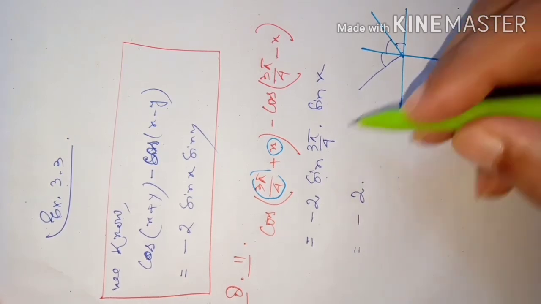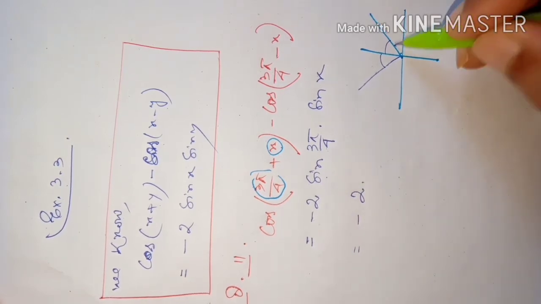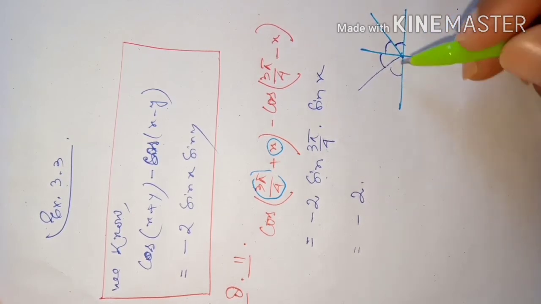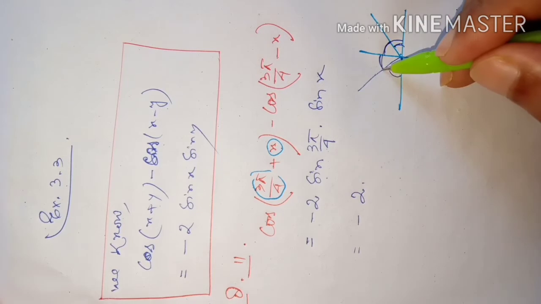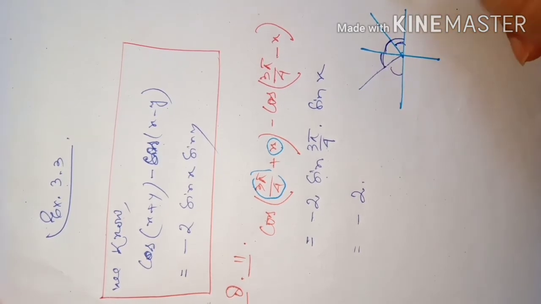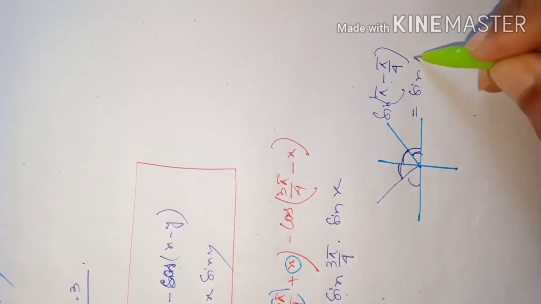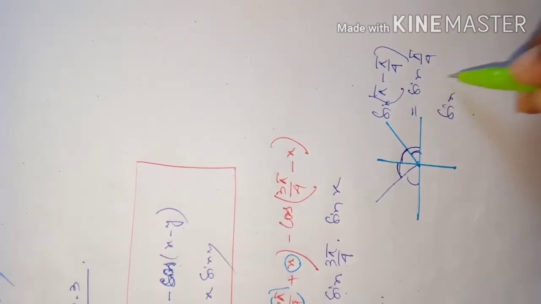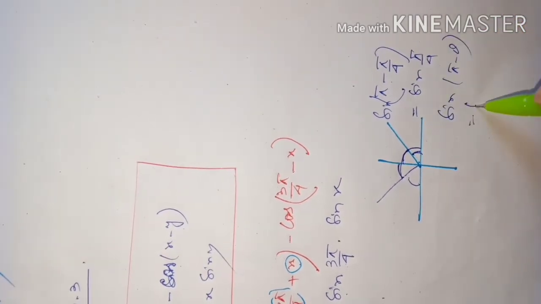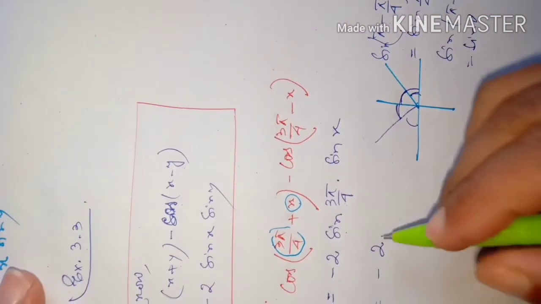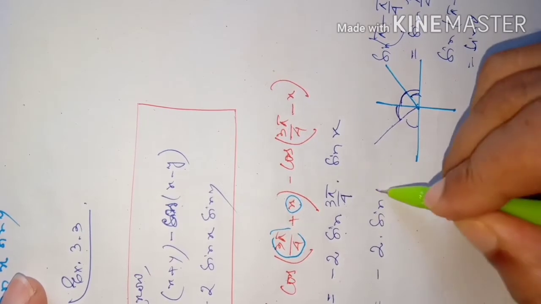So this sin of 3 pi by 4, are you understanding what I am saying? This is pi by 4, this is another pi by 4, this is one more pi by 4. Then how much is left here? Pi by 4. So that means this 3 pi by 4 is actually equal to pi minus pi by 4. So sin of pi minus pi by 4 will be equal to sin pi by 4, because we have learnt that sin of pi minus theta is equal to sin theta. That way you should think. Sin of 3 pi by 4 is sin pi by 4. So it can be written as sin pi by 4 also.